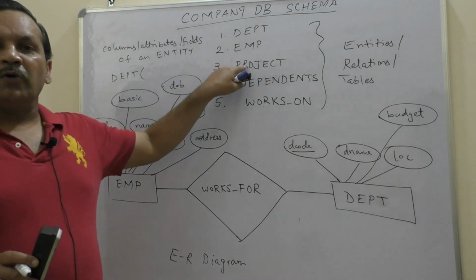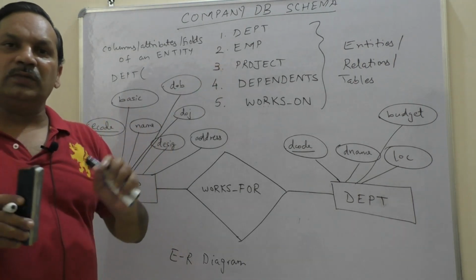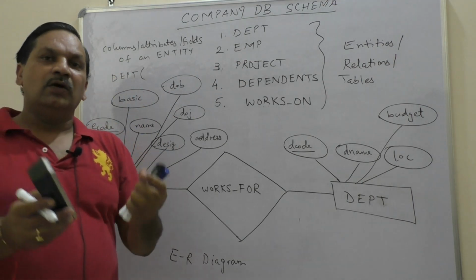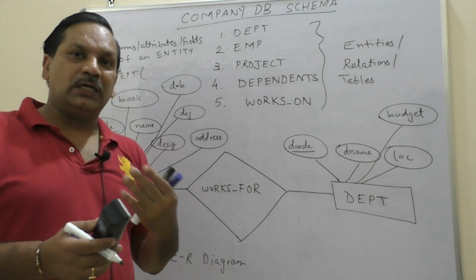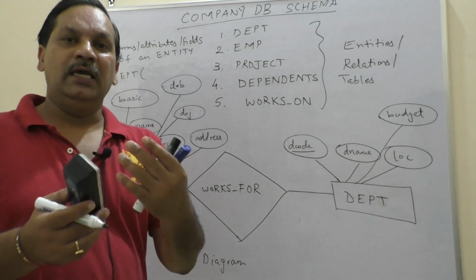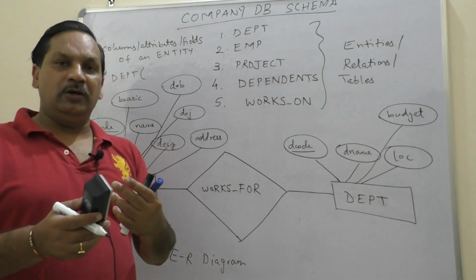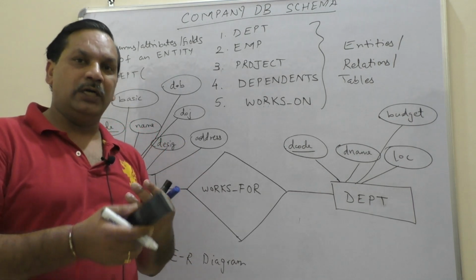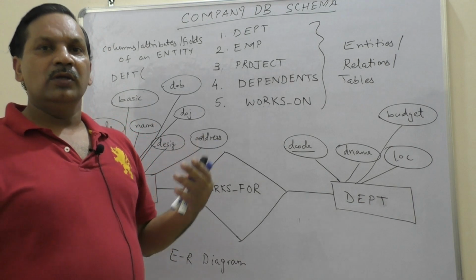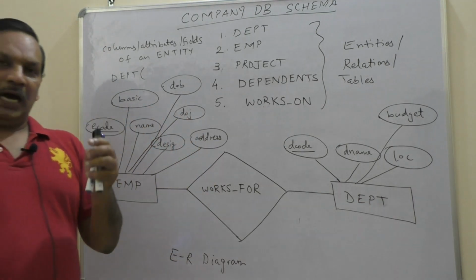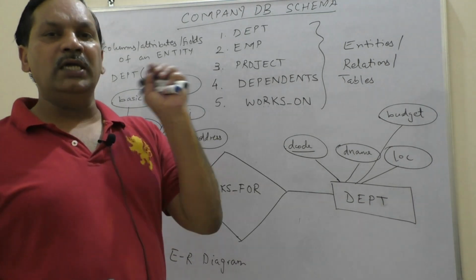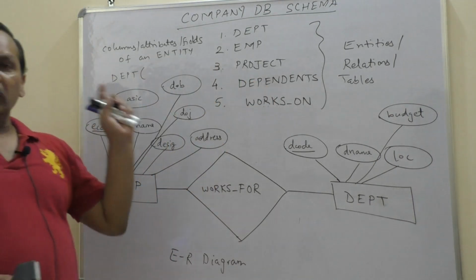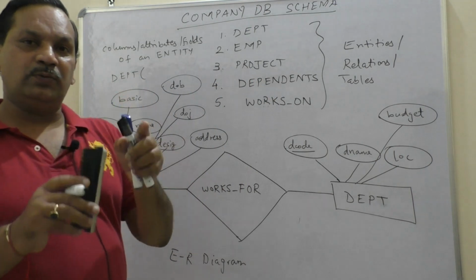Similarly, there is projects. Now what is the use of the projects entity set? How many projects are there? What is the name of the projects? Which is this project X? Suppose I say project A. Is it a marketing department project, or is it allocated to the IT department? Is it allocated to the finance department? Is it allocated to the operations department? And so on. So these projects are allocated to certain departments, and employees work on the different projects. Clear?